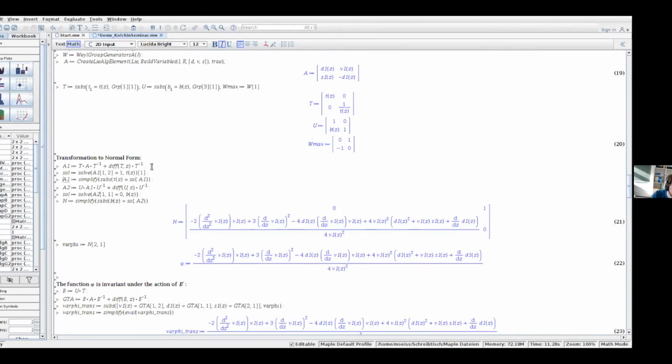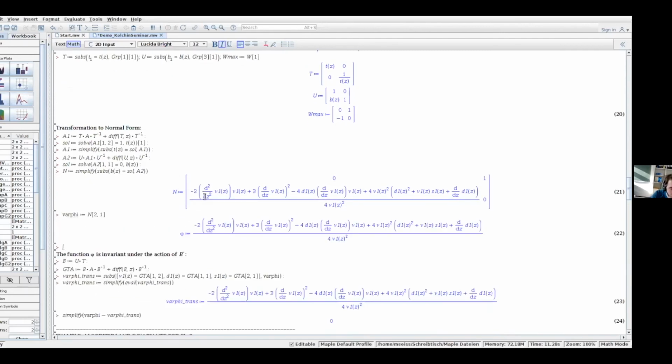So here we solve. We substitute it in the result of the gauge transformation, and then we have normalized it. And now we delete the part of the Cartan subalgebra by gauge transforming with the unipotent subgroup element corresponding to the negative simple root, solve it and substitute it. And here we get then our invariant phi.